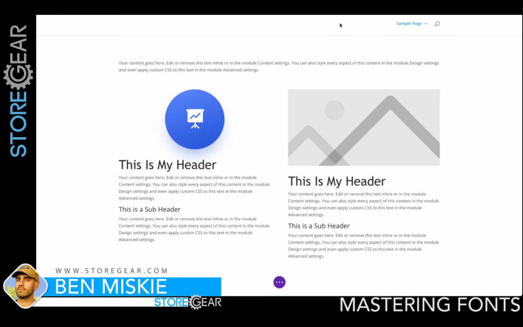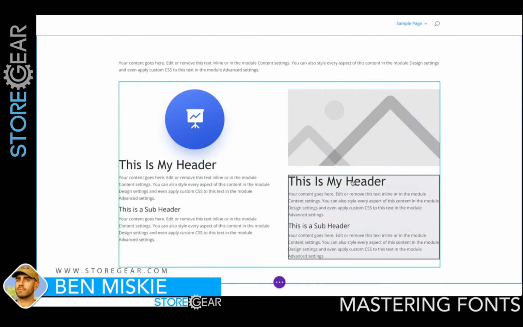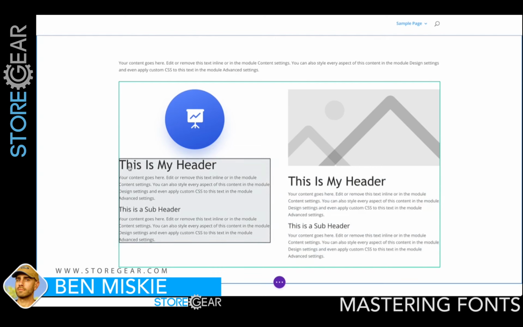Alright, so let's take a look at this page right here. We're already in the Visual Builder. We've got a header font here. This is called an H1 font. That just means a bigger style header and something that Google also values more for SEO. Can't have too many of them, but this is the H1 font, and then here's a subheader font, and then